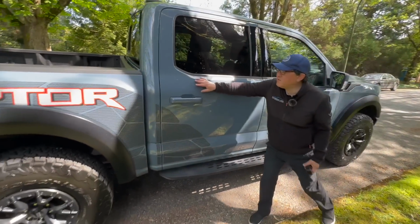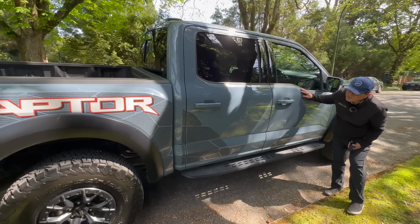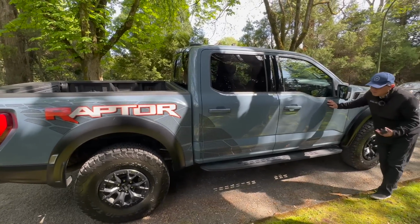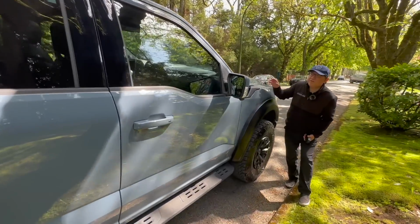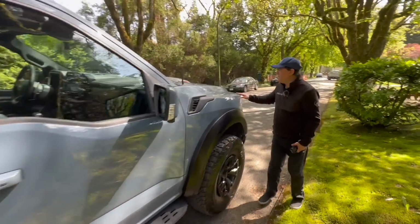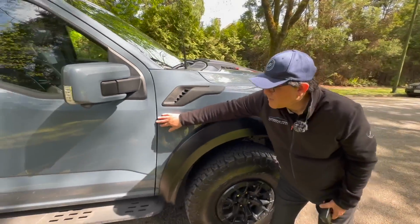There is a fair amount of orange peel all along here, but that's typically the case with most truck paint. They tend to have a little bit more of an orange peel effect, and actually most buyers like that because it gives a bit of a tough feel to the paint. And the clear coat is excellent, and overall, even on this composite material, no issue in terms of paint matching,